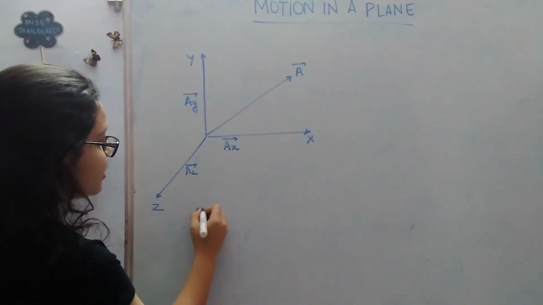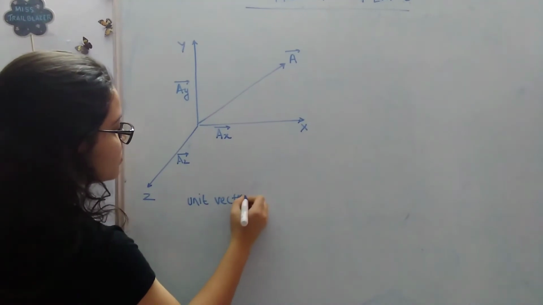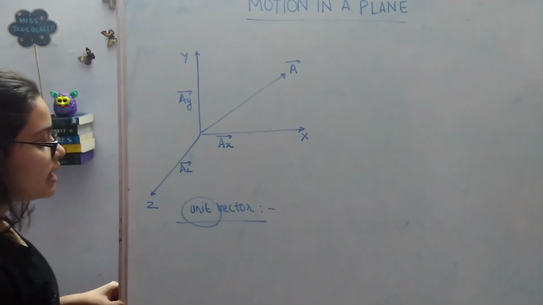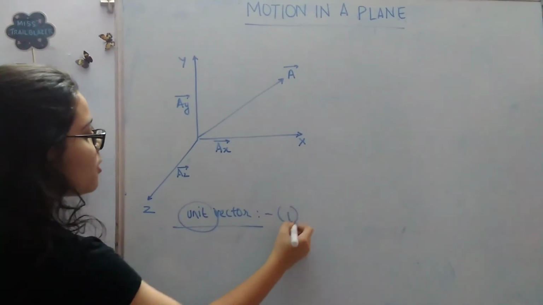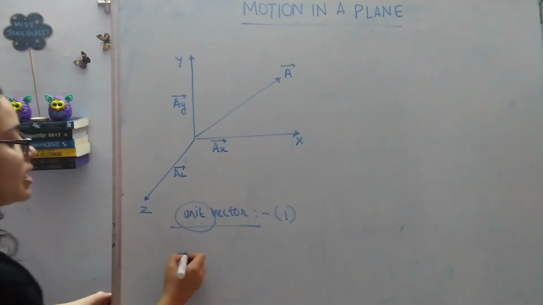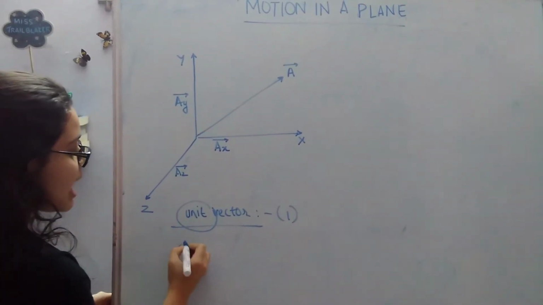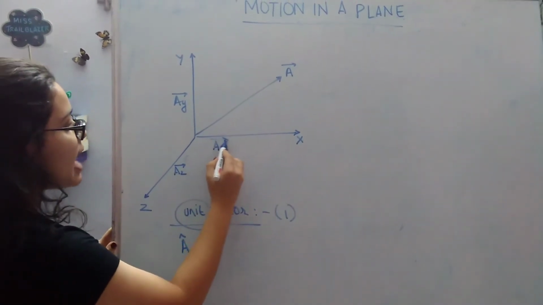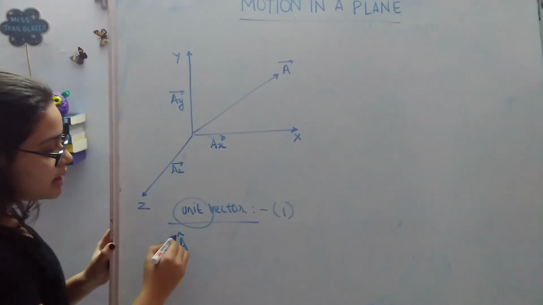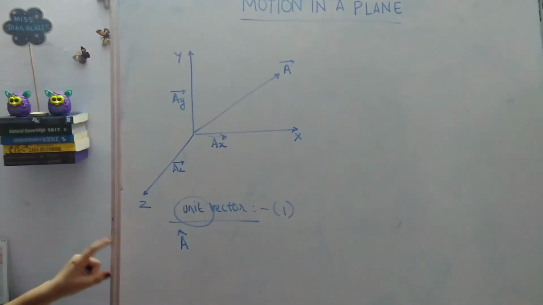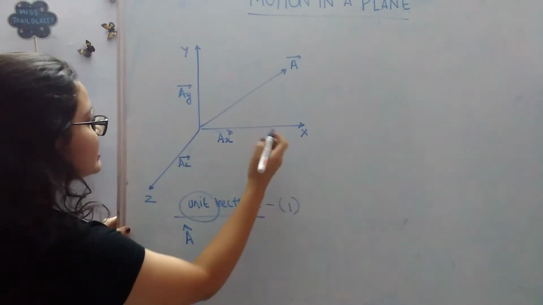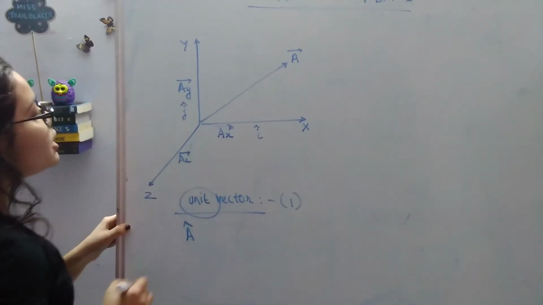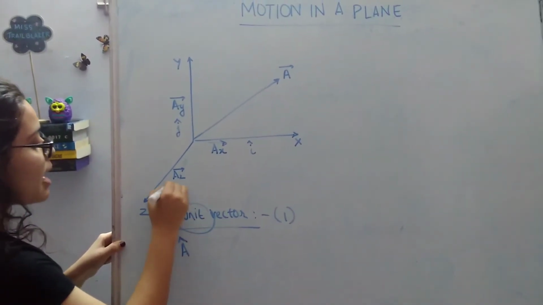Another term I would like to introduce is unit vector. A vector is not a vector if there is no unit vector in it. So value of unit vector will be 1, obviously, because unit means 1. So you can represent it by any letter and then put a cap on it. Okay, so vector is represented by an arrow mark and unit vector is represented by a cap. The unit vector for x-axis is i cap, unit vector for y-axis is j cap, and unit vector for z axis is k cap.